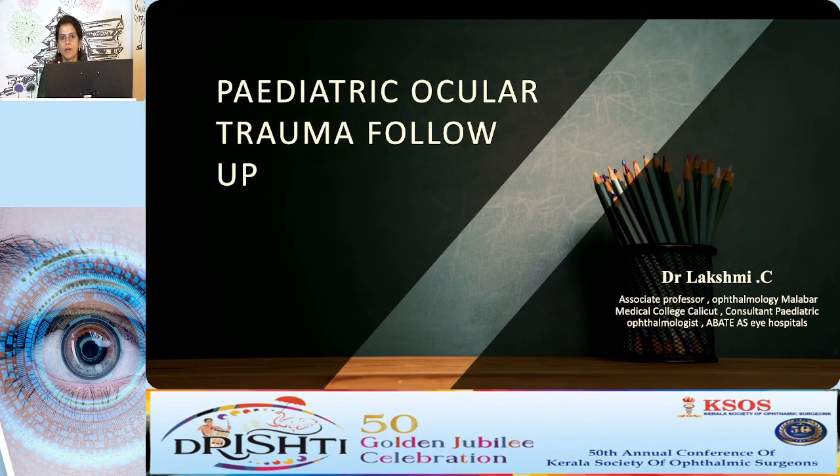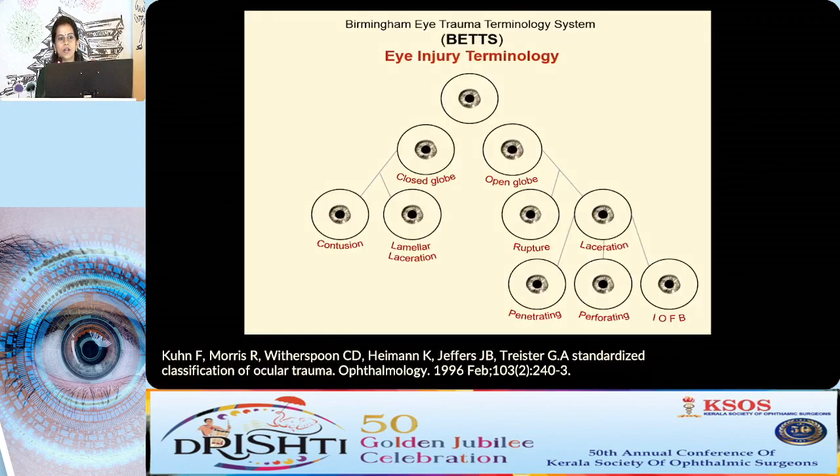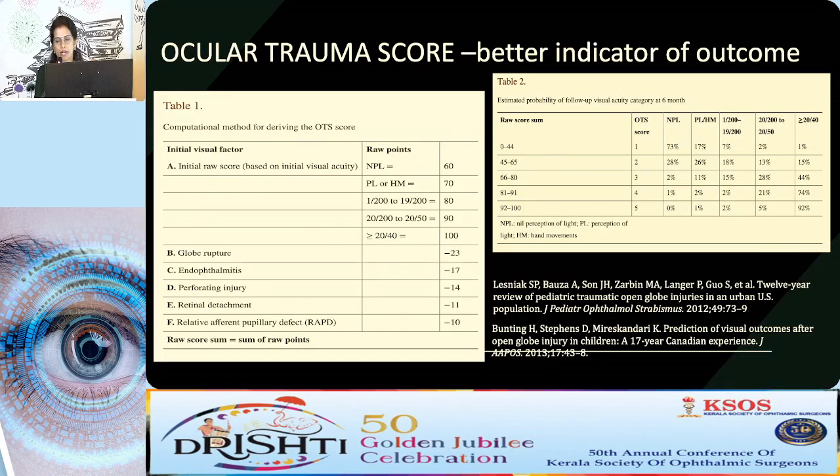So this is just to sum up what we have learned now. We have a lot of terminology systems in trauma. We have the Birmingham Eye Trauma Terminology System, as well as the Ocular Trauma Score. And as Dr. Soumya has already mentioned, the Ocular Trauma Score is a better indicator of outcome, especially in pediatric cases. So why do we need the scoring system? It's mainly for prognosticating these cases, and from a medico-legal perspective, it is mandatory that we score these and document